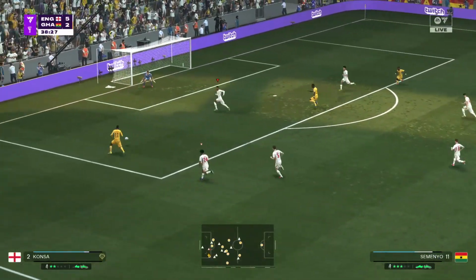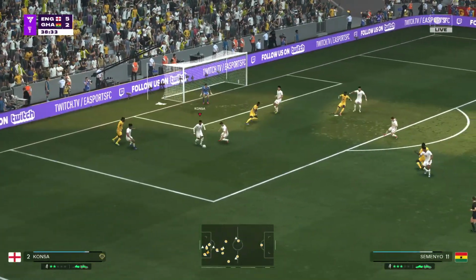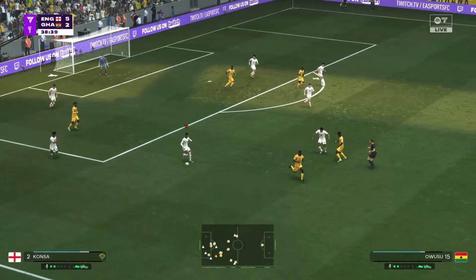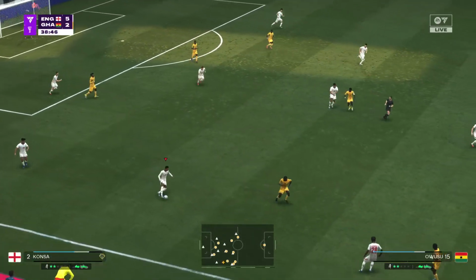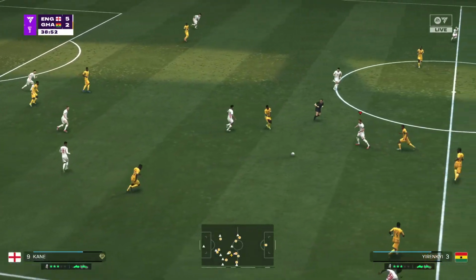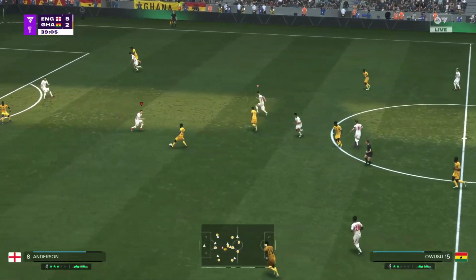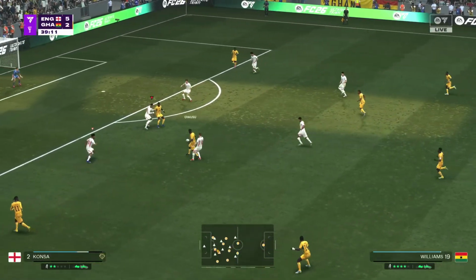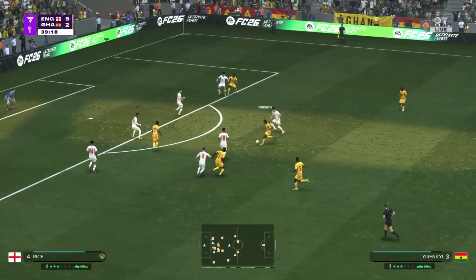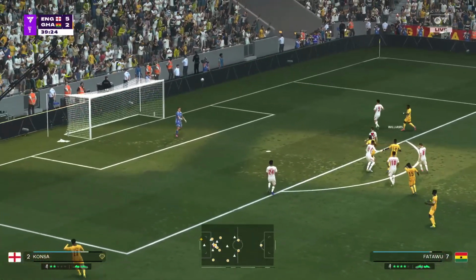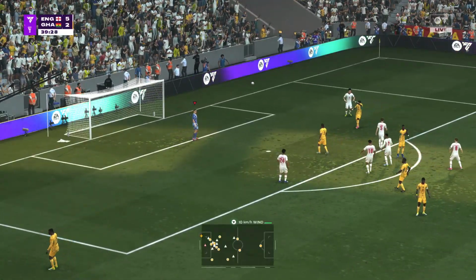Fantastic ball. Well, that's a really top-notch piece of defending. Kane. Oh, moving it nicely. Williams. Never really close to the goal, and it will be a goal kick.